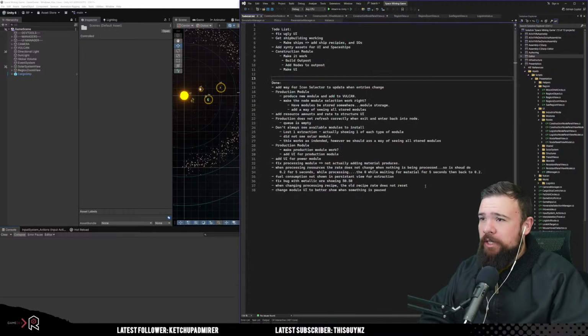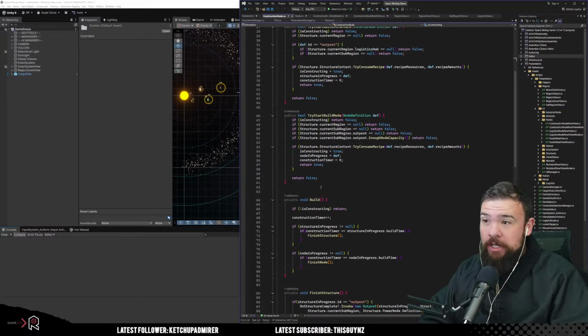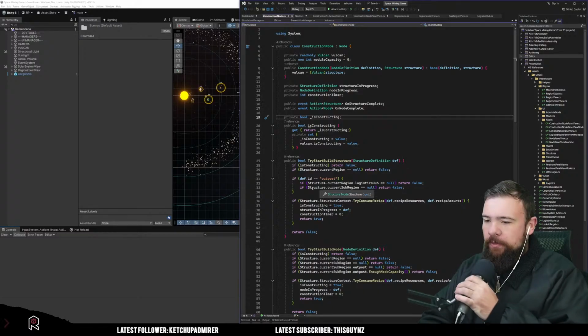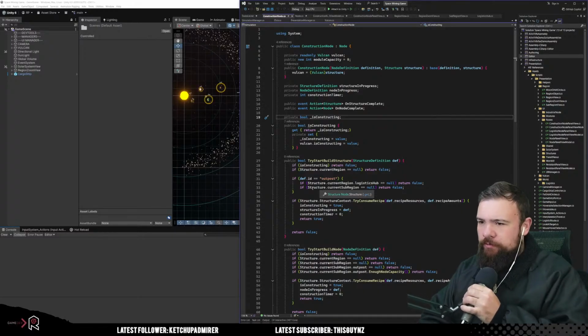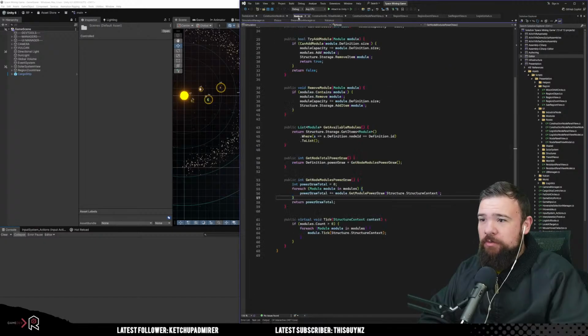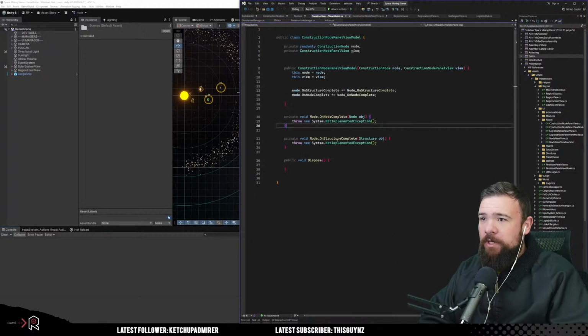So yesterday we said we want to make the construction module work essentially. Now, fortunately, we went through this and we realized that a lot of the code is here already, right? Which is good. So it works in a sense. Not 100%, but it works in a sense. So what we need to do now